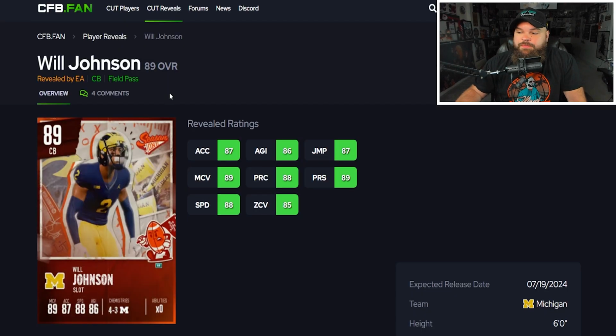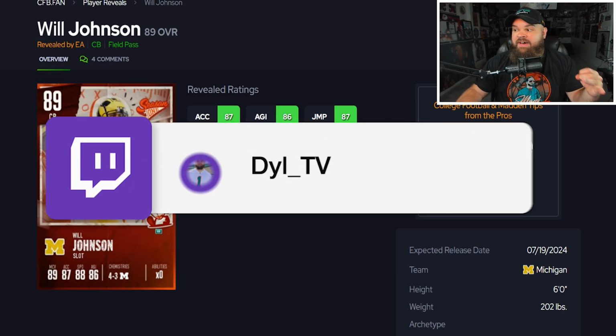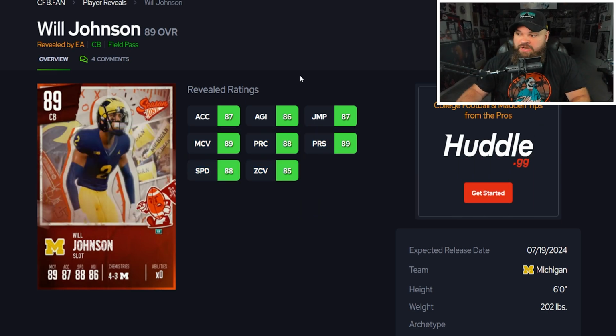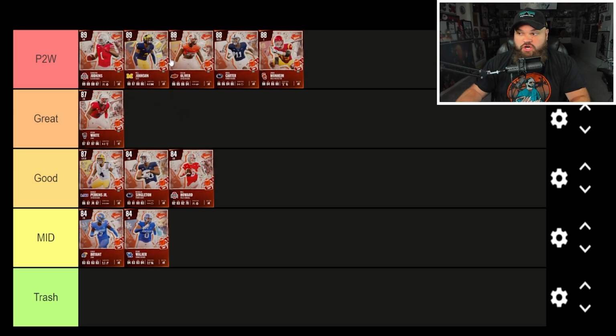And we also have Will Johnson right here too. Corner, 6 foot, 88 speed, 87 acceleration. He already has 3 cards, by the way. He has a free pre-order card, 85 base elite, and now this 89 overall field pass card, 85 zone, 89 press, 88 play rec, and really high man coverage as well. Extremely balanced across the board, good height, 88 speed, by far and away the best corner we've seen so far. So for sure, he's going up here. Now, I don't think he is going to be as crazy as Quinshon Judkins, but definitely still a little pay to